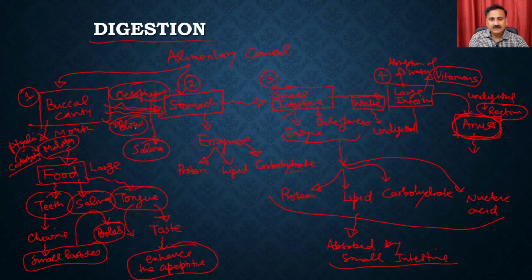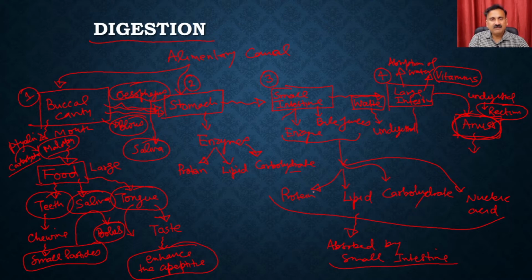So this is just an overview of how the digestion and the absorption is going to take place. It starts from the buccal cavity, then the undigested food will enter into the stomach, and then the stomach is also going to utilize different types of enzymes and digest, and then from the stomach it will enter into the small intestine, and the small intestine is the major area where you are actually going to